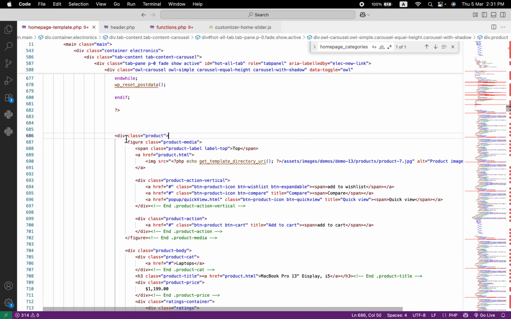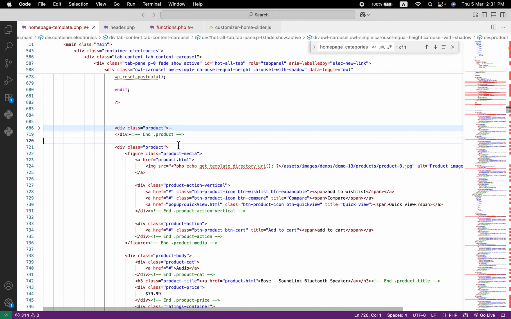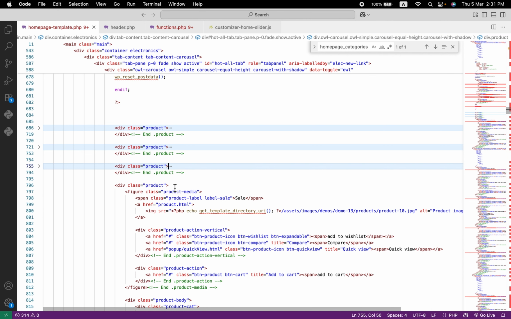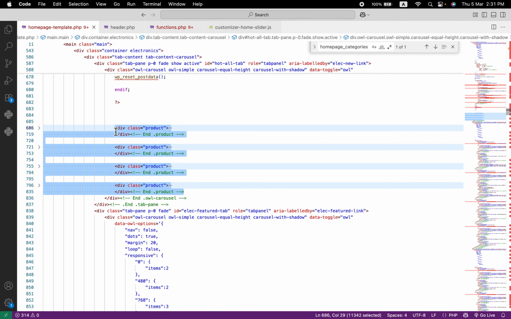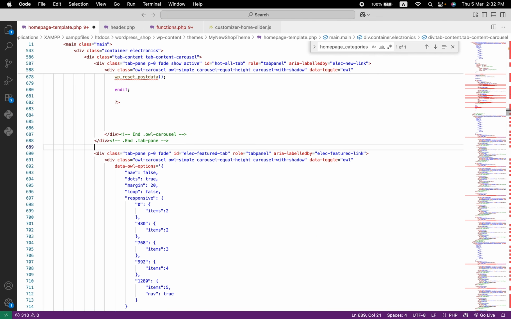Now let's move to the other categories and we will do the same for these as well. Let's move the other products from that loop on the all loop. So this is active, move it. Now let's move to the next tab, like this one,